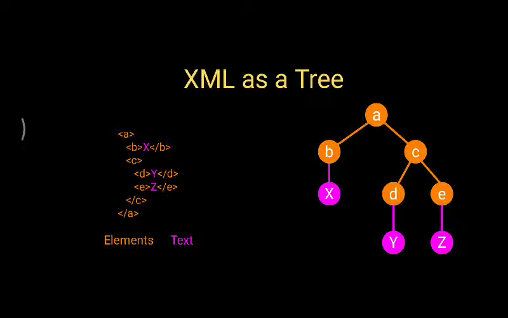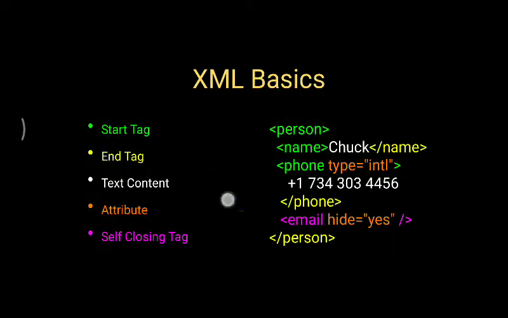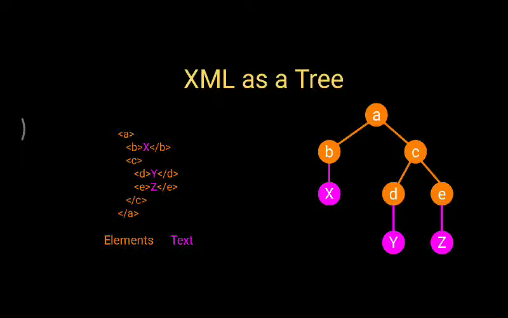So here you can see how these tags are written. Under the tag A, B is written as well as C is written. Under the tag C, D and E are written with one tab space. So the structure looks like a tree here. Now you can also write these in the form of path expressions. So how you reach X, you can write like this: A slash B slash X. How you can reach Y, you can write A slash C slash D slash Y. So you can also mention the paths according to the tree.